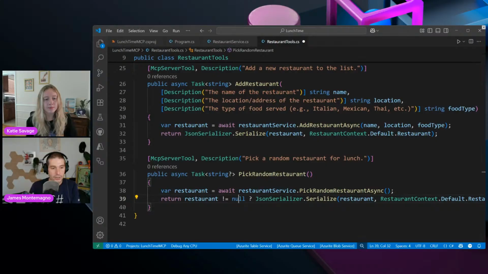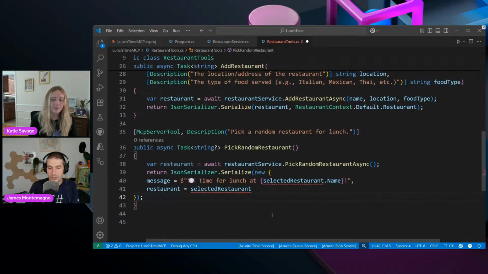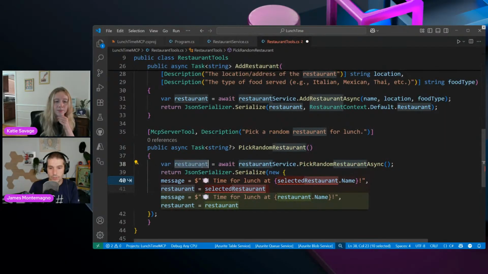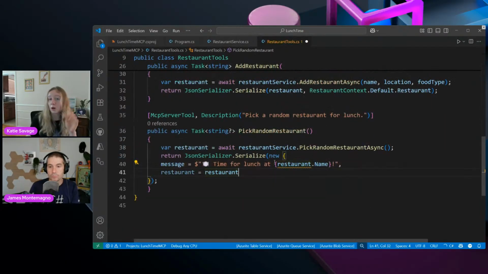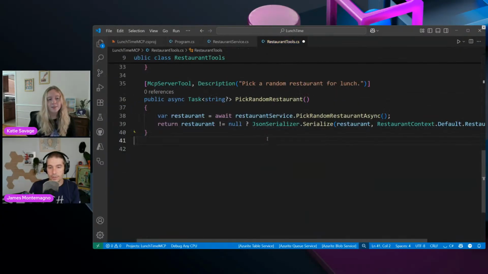Now, I think that this one's pretty good. However, I actually like my code better anyways. So I'm going to replace this here with the one that I have, which is nice. I'm going to say selected restaurant. There we go. And this code is all in part 3 of that repo, so if you're following along, you can find it there. I'm just going to copy this again and replace this